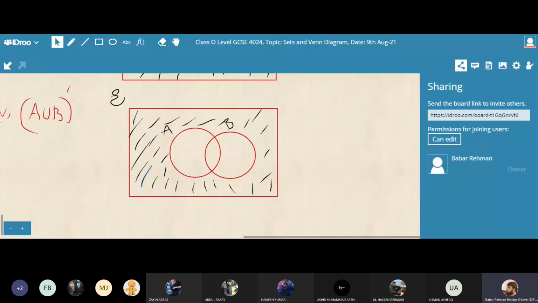One more thing: in another way you can find the elements of A union B, and then remove them, so those elements will not be counted. Okay. Are you getting it? Similarly, if I ask you another one, how can we do this? I am going to draw it over here.